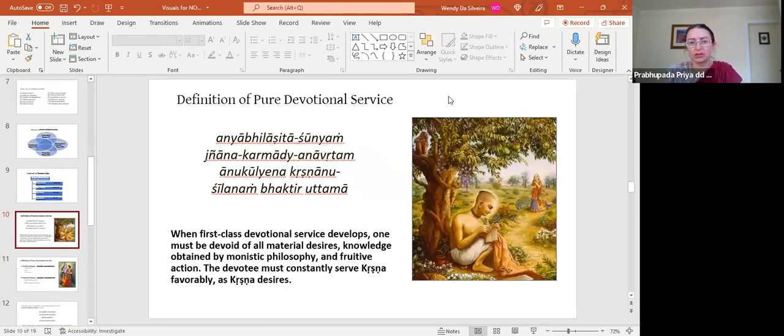the definition of pure devotional service, which is one of the verses that you'll be memorizing in this course. Anyabhilashita shunyam jnana karma adyanavritam anukulyena krishnanushilanam bhaktir uttama. So when first class devotional service develops, one must be devoid of all material desires, knowledge obtained by monistic philosophy, and fruit of action. The devotee must constantly serve Krishna favorably as Krishna desires. Okay, so